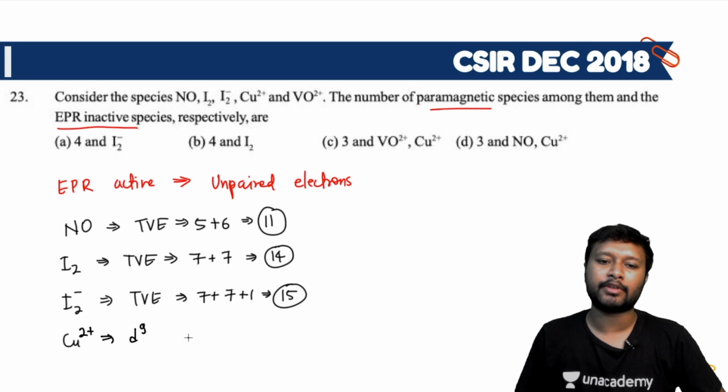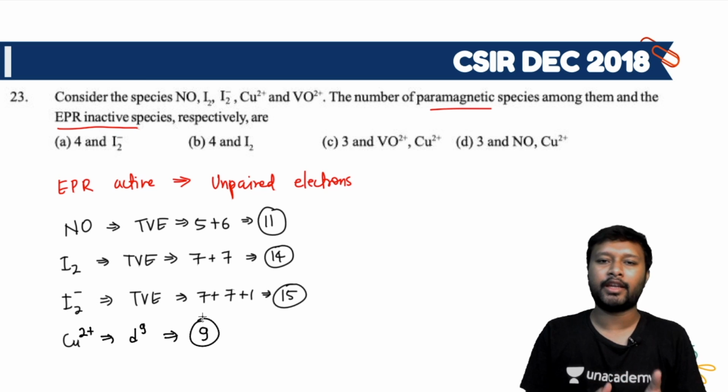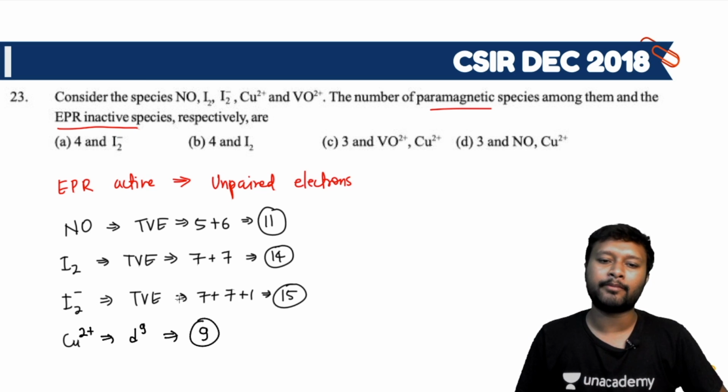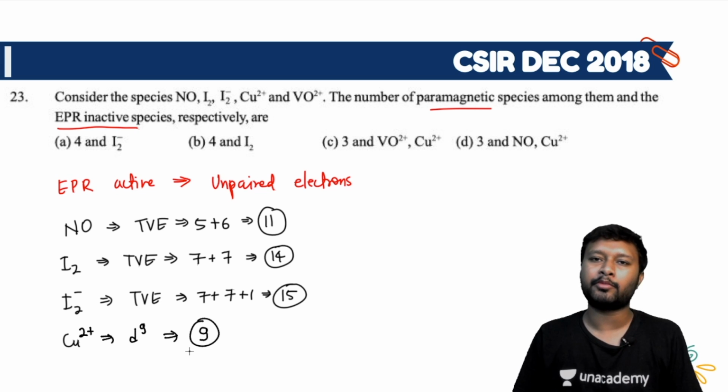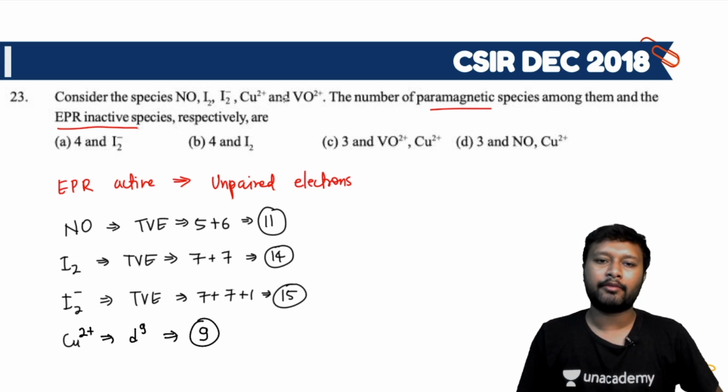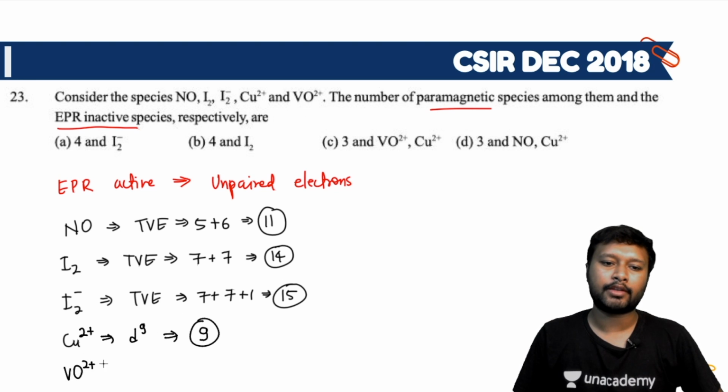It's a D9 species, so it has 9 valence electrons. Again, it's an odd number, so this copper complex is going to become paramagnetic. If I talk about the next one, which is VO2 plus, in that particular case, if I calculate the